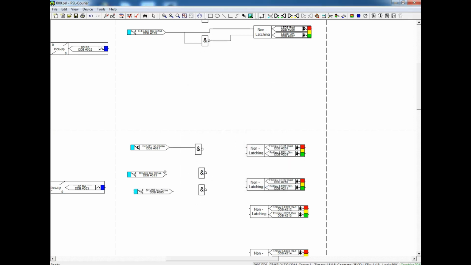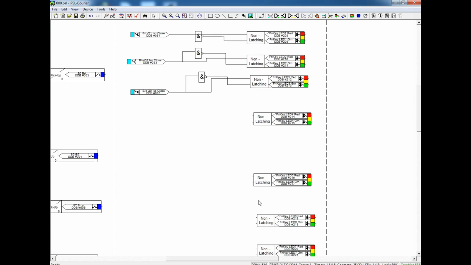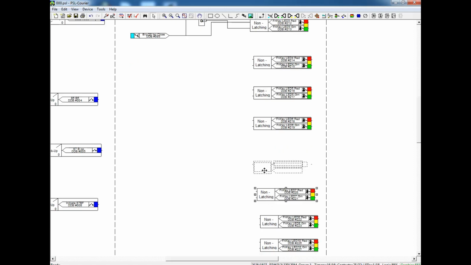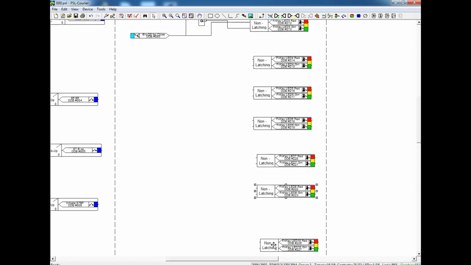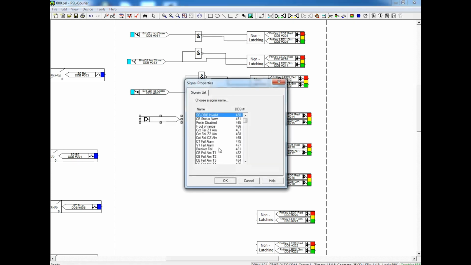After configuring all these isolator contacts to the LEDs for open and close, I am going for protection LED configuration. In this protection I am going to make differential trip in A phase, B phase, C phase, and we can configure zone 1, zone 2. Whatever things you need to configure, you can go for configuring them.